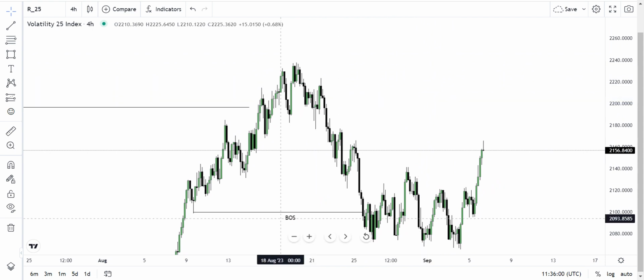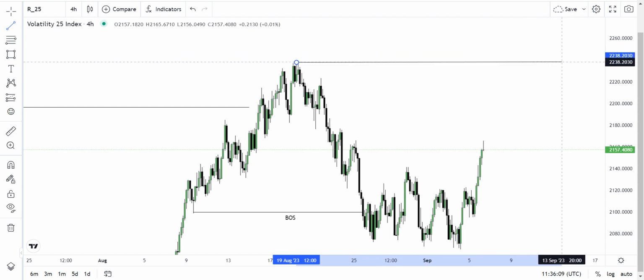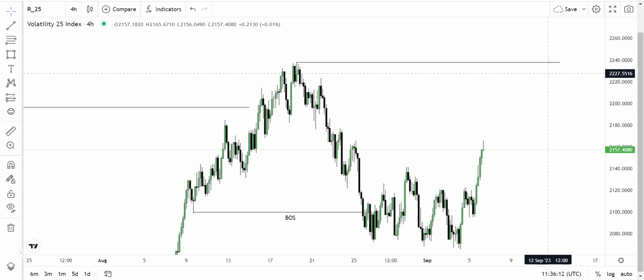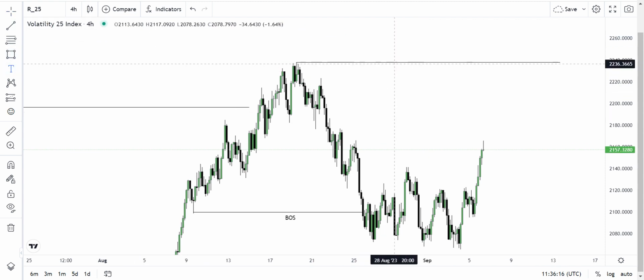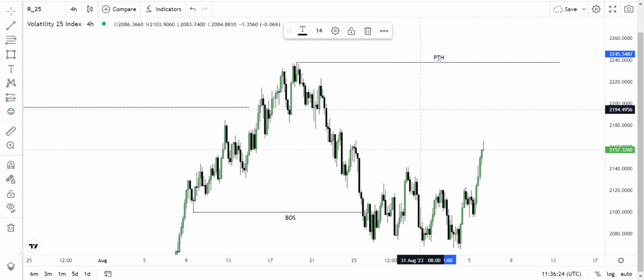All right, at this place, there's a break of structure to the downside. There was a BOS. So where will be our protected high? This will be our protected high. So we are not expecting the market to break this place any moment from now. But in case the market breaks it, it means there's a PTA, the protected high. If the market breaks this protected high, it means that the market is continuing its journey upwards. All right, so that's that for that.